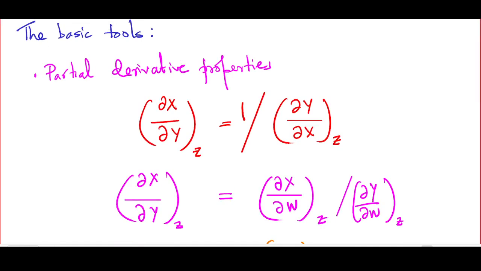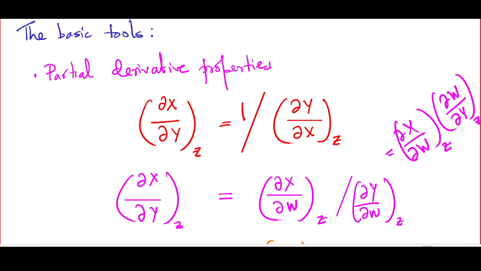This is a sort of chain rule, so to speak. Del x del y at constant z is the same as del x del w at constant z divided by del y del w at constant z. This can of course also be written as del x del w at constant z times del w del y at constant z. And while I know it's sacrilege to say that a derivative is like a ratio, after all there is a limit involved,